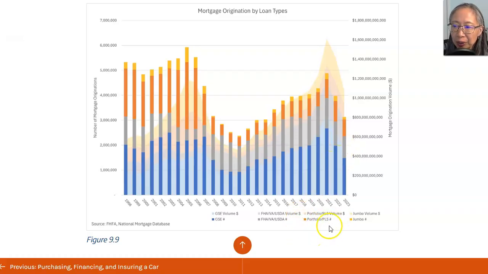Private portfolio is the third category, and jumbo loans are quite small. And you notice that particularly the other types of loans or jumbo loans are much smaller after the financial crisis. Prior to the financial crisis, private label loans were much higher, and that is part of the causes, particularly the subprime loans are part of the reasons, not all of it, but part of the reasons for the financial